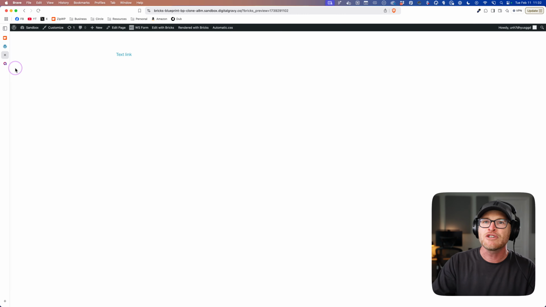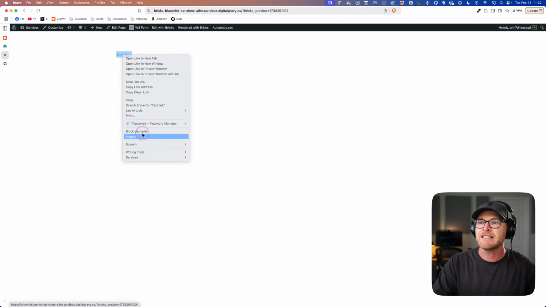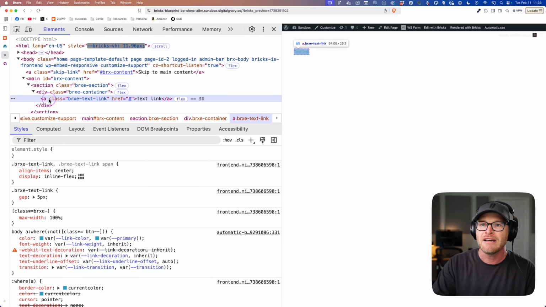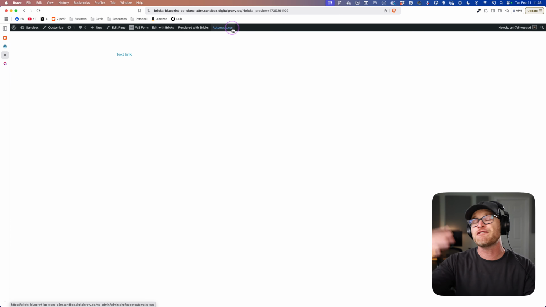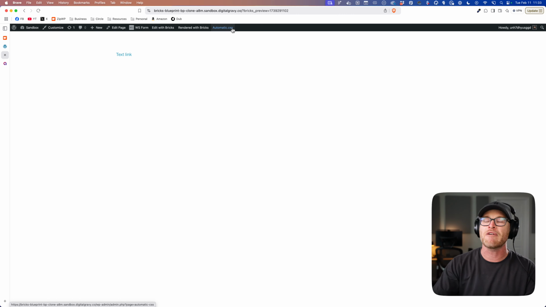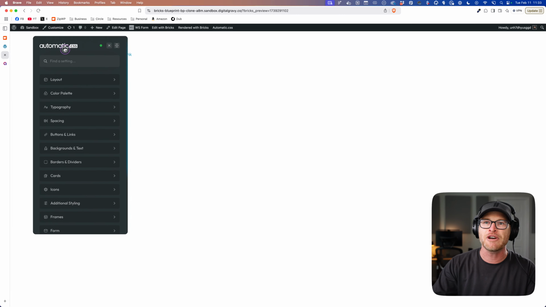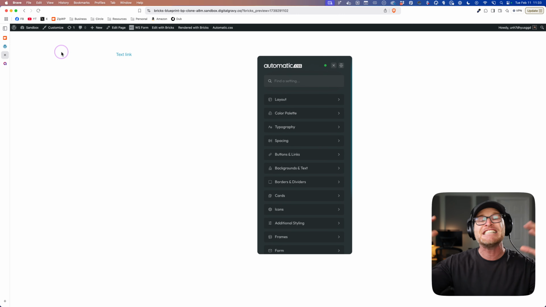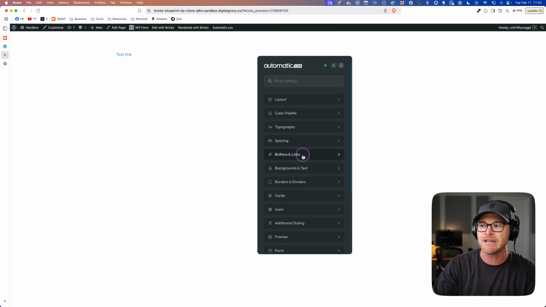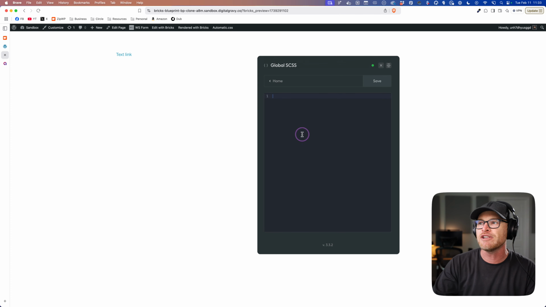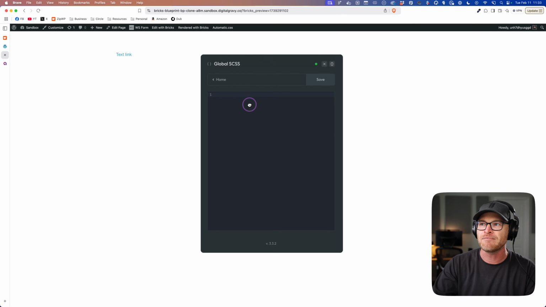Okay, we'll go to the front end, we'll verify that this thing is actually a link, we'll inspect it. It has no classes on it. It's just an A, other than the Bricks standard class. We can do this on the front end, in the builder, wherever we want. I like to do it on the front end because it's easier for people to see what's going on, since all the Bricks stuff isn't also happening at the exact same time. But I'm gonna go to the global Sass area, okay?